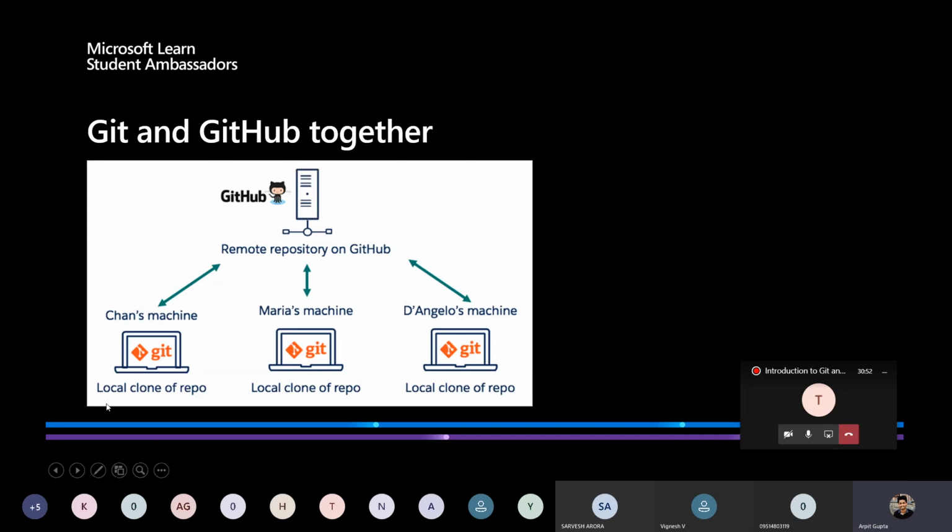And when I say local repository, this is the copy of the project which you have cloned from GitHub to your local machine so that you can modify it. So this is the remote repository on GitHub, and anyone can clone it onto their personal machines if your GitHub repository is public.